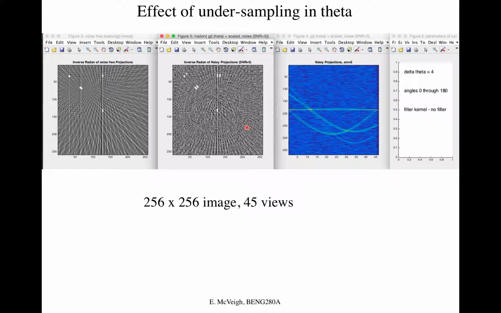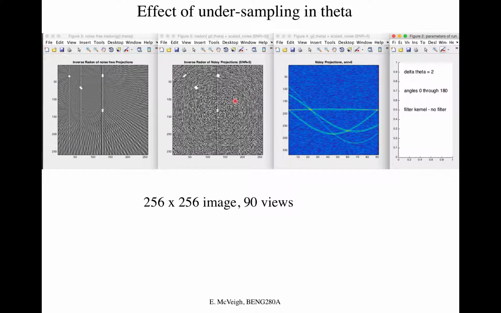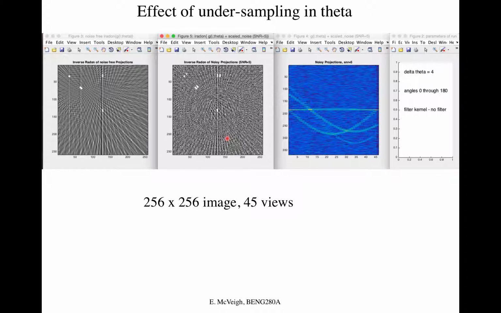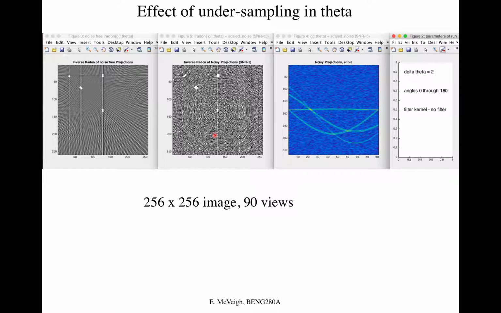You can see the artifact is basically the same. You get this X-ray stuff, although you're starting to get some extra ghosting images here with that noise added on there. So that's 45 views. That's 90 views. We just add an extra view in between each one that we had before. Let's do that again. Watch the center here. This is 45 views, 90 views,